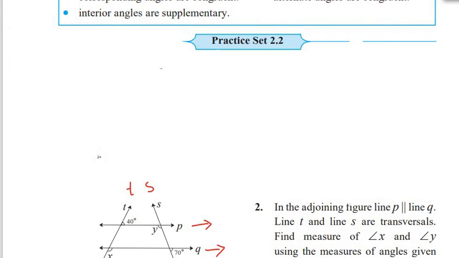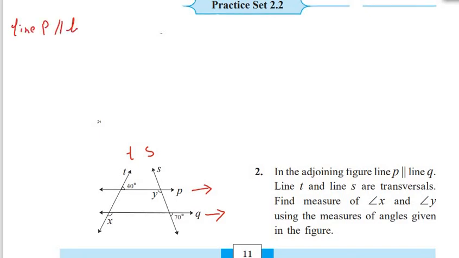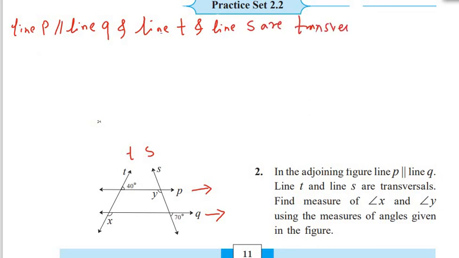Okay. See here, first line p parallel to q, and which are the transversals? Line t and line s are transversals. That is given to you. Okay, this is given, and therefore I write here given. Suppose this p is parallel to q and this t is the transversal, then see here